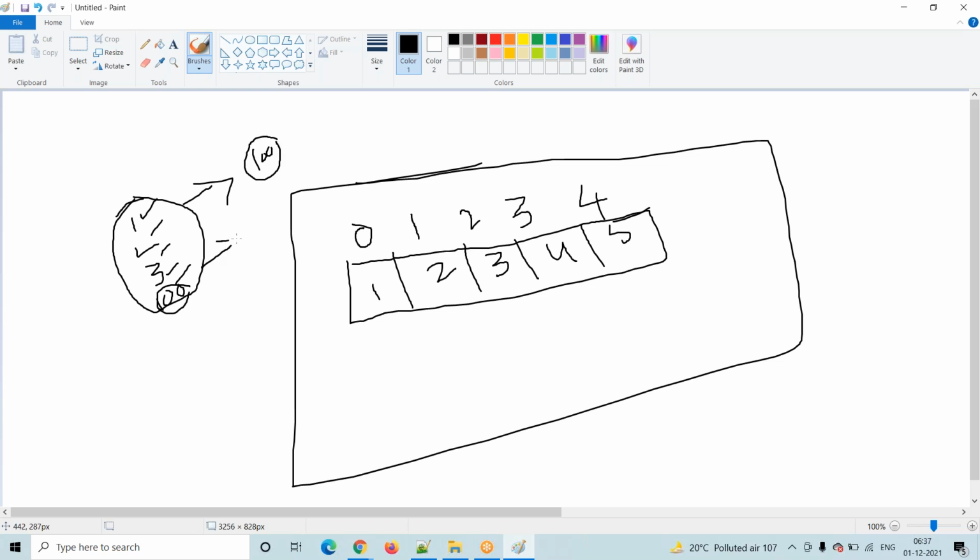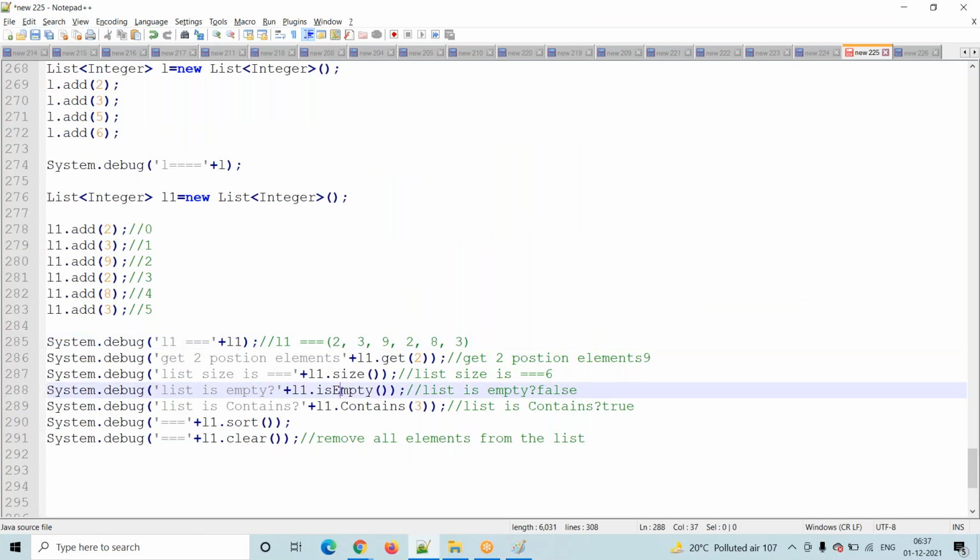For example, coming to isEmpty, first it will check here. Yes, at least one element is there, so it will come out of this list. So isEmpty is the best one. Why? Size means it will check the complete list, while isEmpty means it will check the first element and come out. With this, the processing time will improve. So wherever it is possible, we will use the isEmpty method.